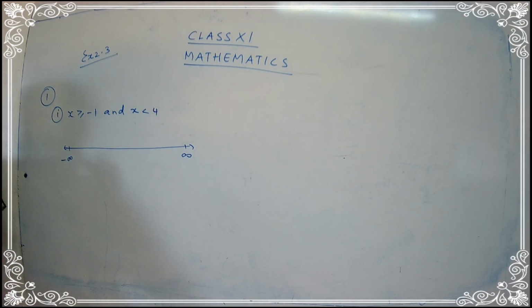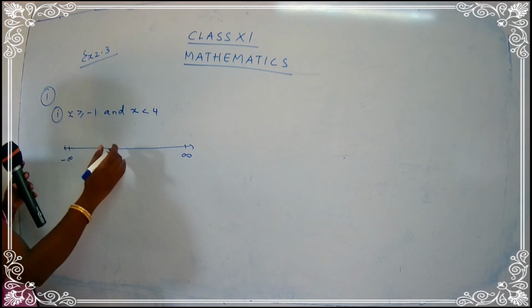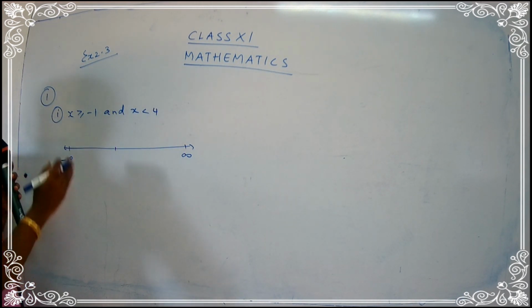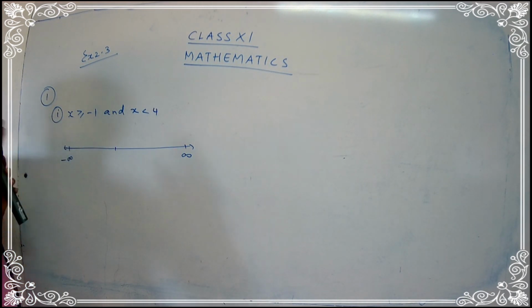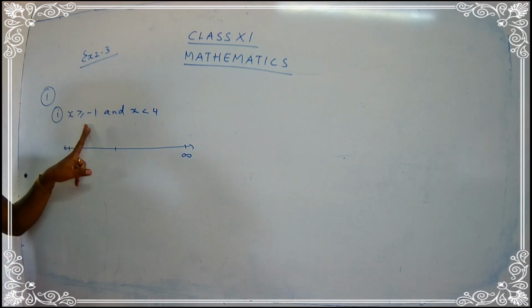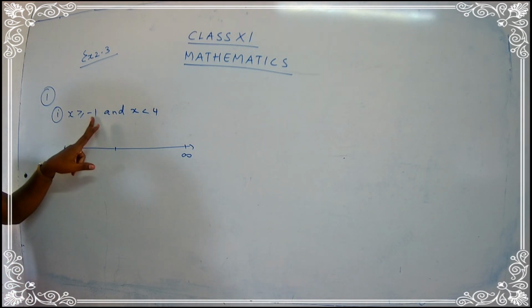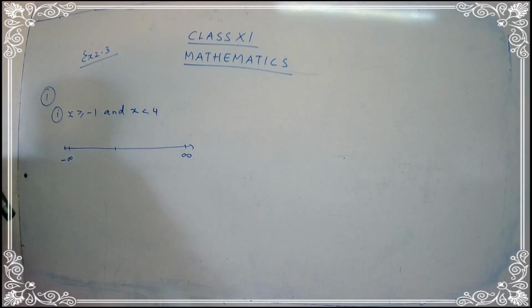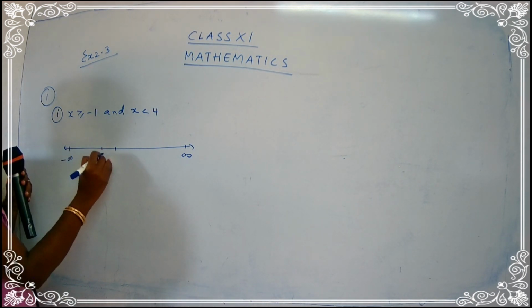Okay. Now just for your reference, you can think that this is the origin part. Now there is a 0 part over here, and where is minus 1 going to lie? So minus 1 is going to lie to the left side. So somewhere here. Okay, so I just put here minus 1.